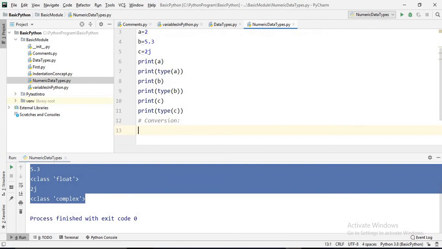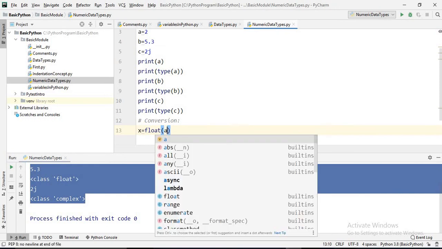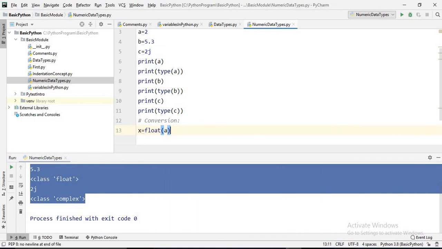There is a function for converting. Let's suppose we want to convert a into float. Let x equal float of a. Float is a function, and we just mention a. Now a will be converted into float. How can we verify?